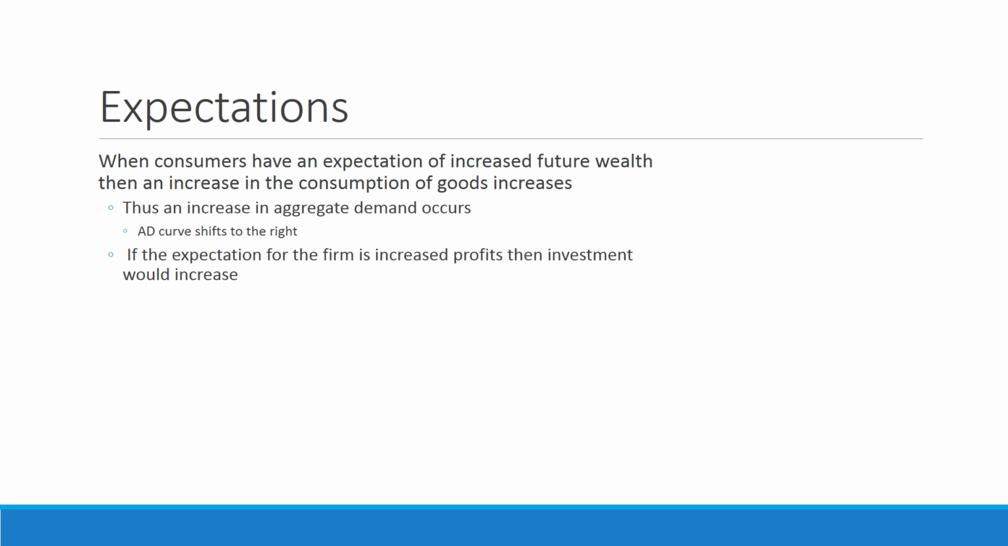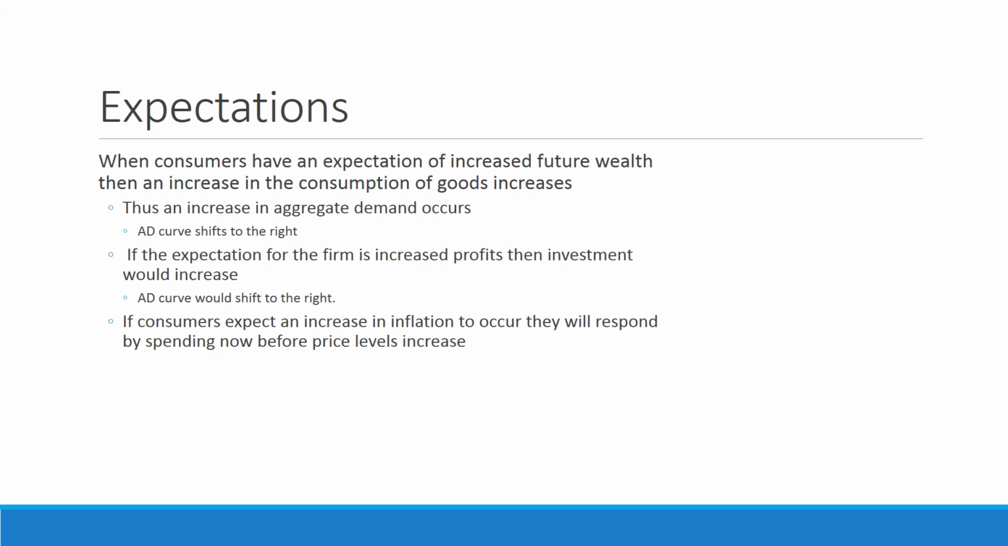If the expectation for the firm is increased profits, then investment would increase. So any sort of positive economic expectation that causes something in GDP to increase, we're going to see AD shifting to the right. So if, for example, the expectation was that the gap between imports and exports was to fall, well, that would be good because that would help to increase aggregate demand, and it would shift out to